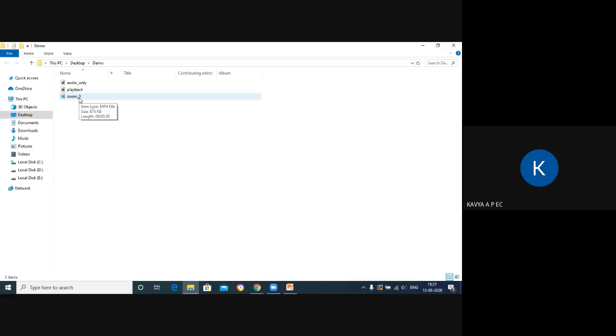Okay. And one more thing is that if you do one more recording and save it in the same folder, whatever you have here will be erased. So you should keep that in mind, because when you are doing a new recording, Zoom will give the name as Zoom 0 only. It will not identify it as the next recording, and it will not name it Zoom 1. So be careful whenever you are doing a second recording. If you are doing single recordings, then you create one more folder and save it over there. Okay.